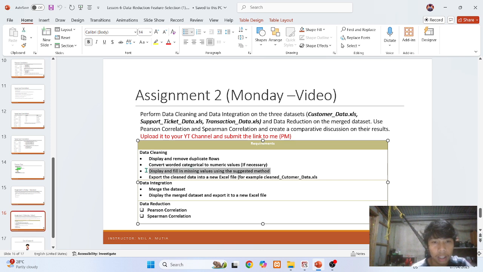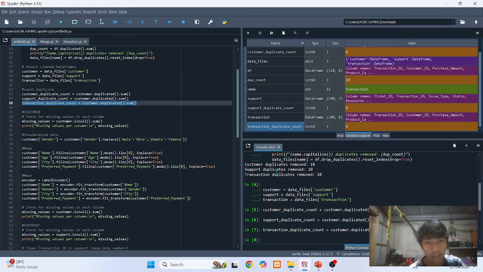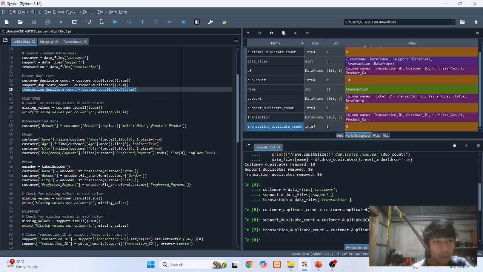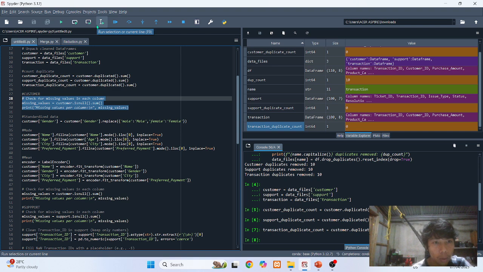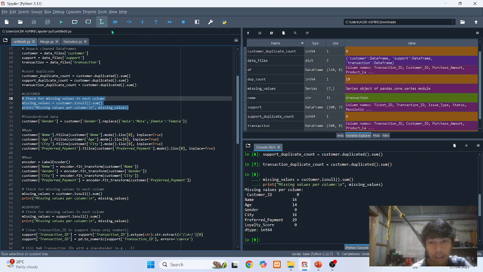So next, I'll go to display and fill in missing values using the suggested method. I use mode in order to have it easier to do. First we need to display the missing values in order for us to know on what columns or rows we're going to treat and fill in the missing data.